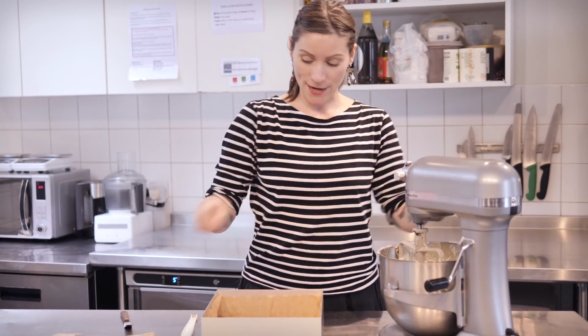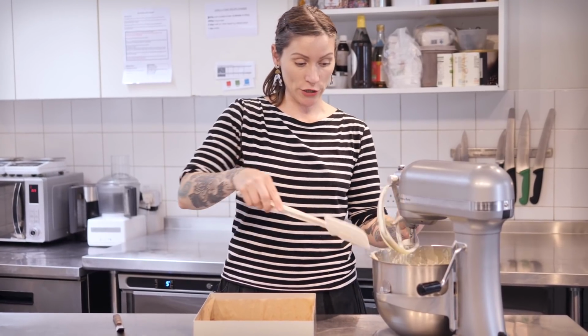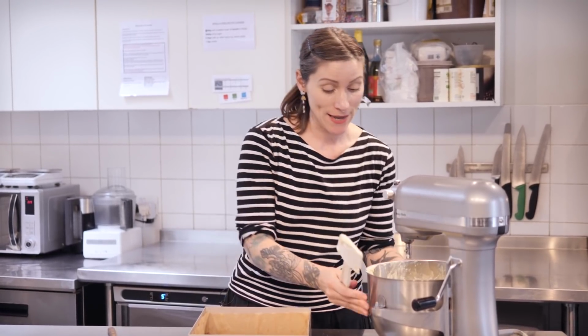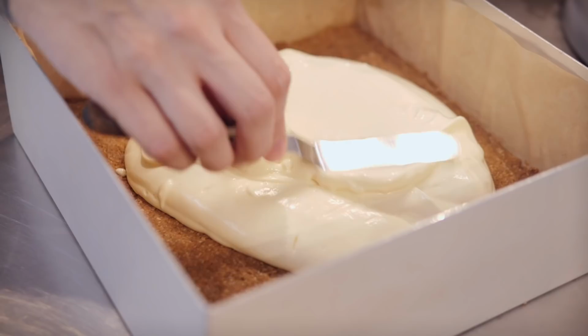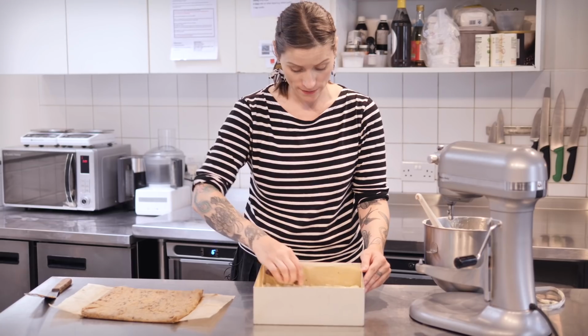Right, that is looking much thicker. What you don't want it to be is runny, so make sure you leave it on. If it hasn't got past the runny stage, just leave it on for a bit longer to beat it up till it's nice and thick. And then pour that over your baked buttery biscuit base. And once you have a nice, even as possible layer,